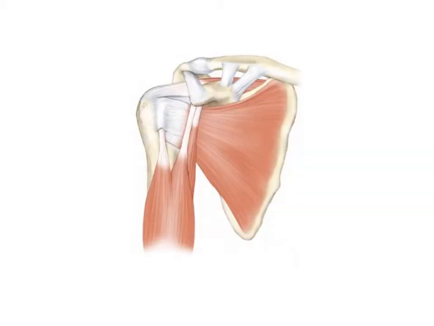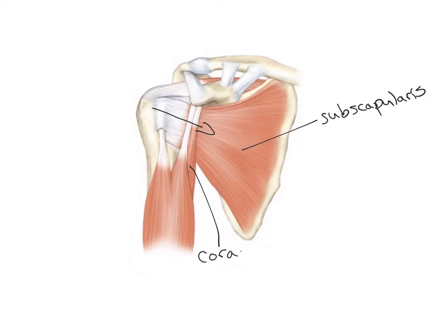The subscapularis is located on the anterior side of the scapula. So it sits between the scapula and the rib cage. As we can see again from its line of pull, it assists with that stabilization of the humeral head by pulling it into the glenoid fossa. It also causes protraction of the scapula and adduction of the shoulder, as well as a little bit of internal rotation. On top of that, we see the coracobrachialis,